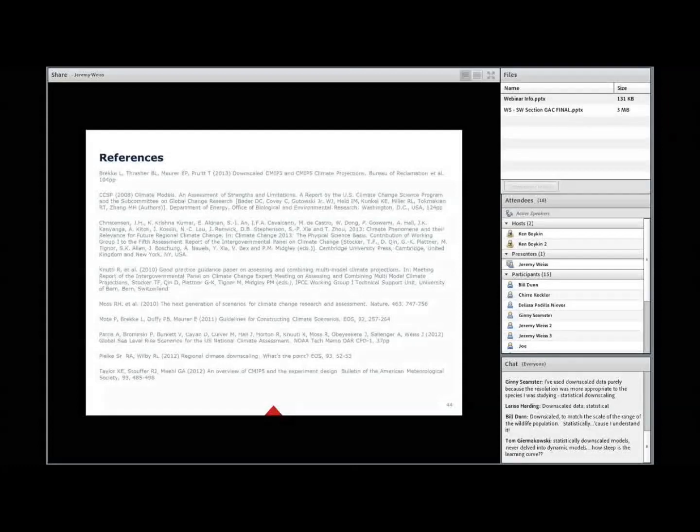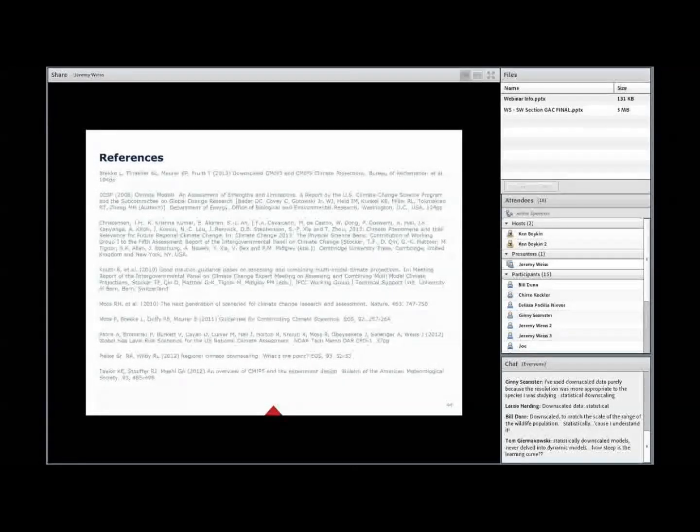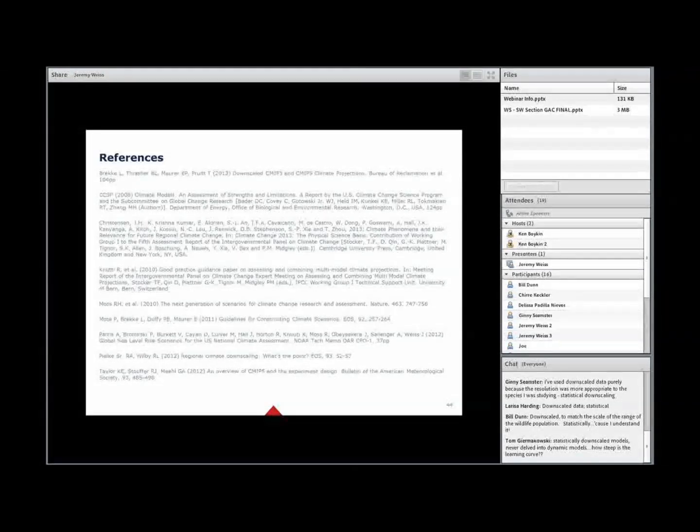We don't have all possible models out there, and in fact, the models that we do have aren't necessarily independent from one another. Some of them share components. For example, models may share an ocean circulation component, or an atmospheric circulation component, or a land surface component. So we violate that rule of independence, again, in the statistical context. Also, as we were talking about earlier, a lot of different CMIP5 model types are out there and part of the ensemble. And so that may make it hard to interpret such things as a simple model average.